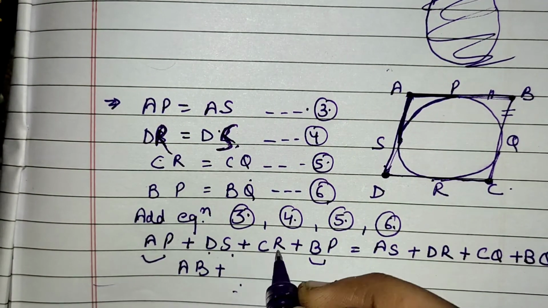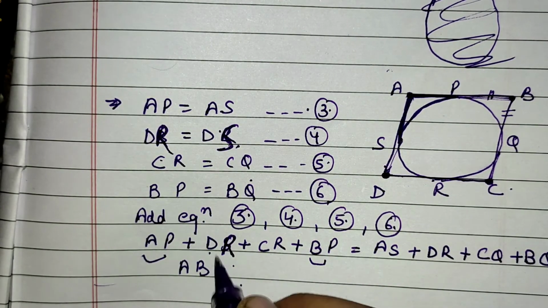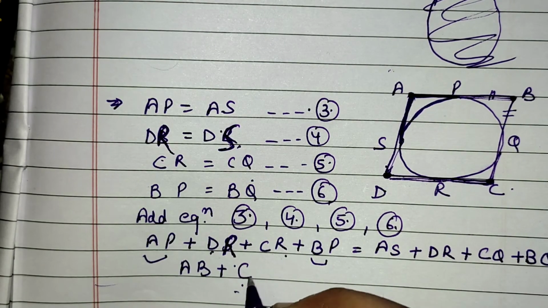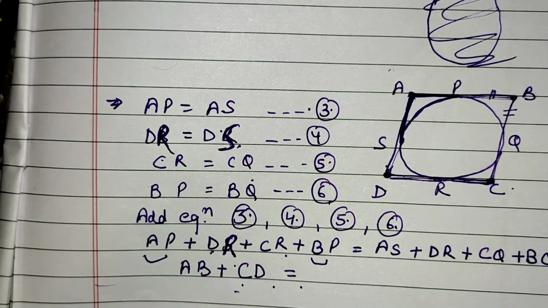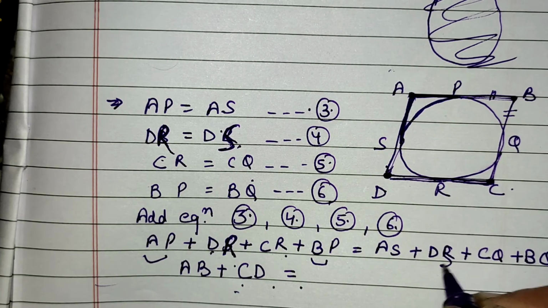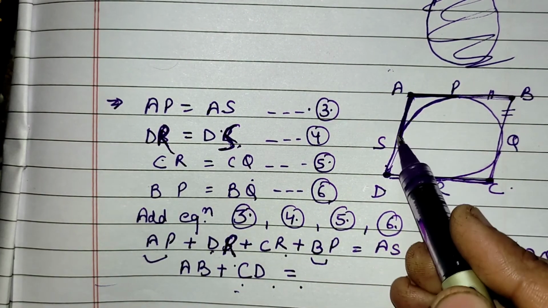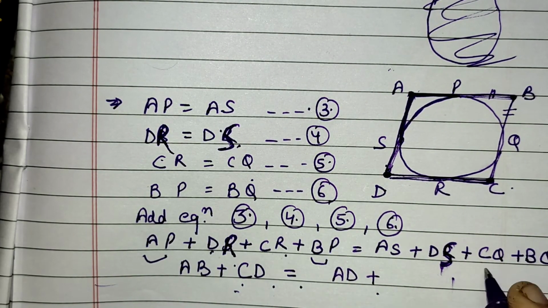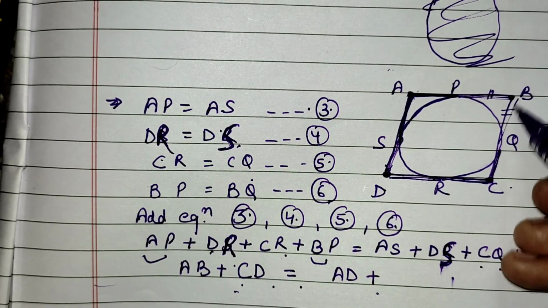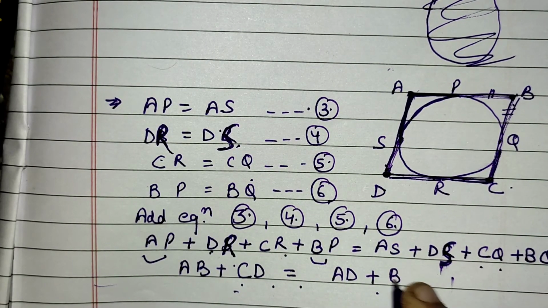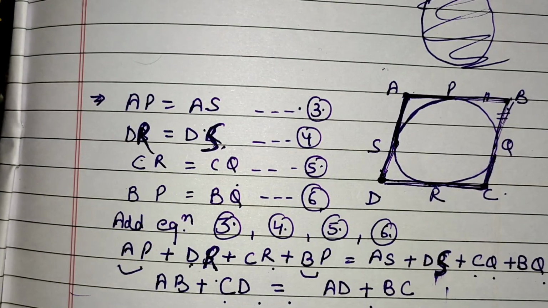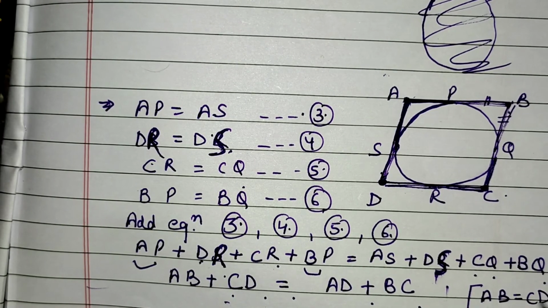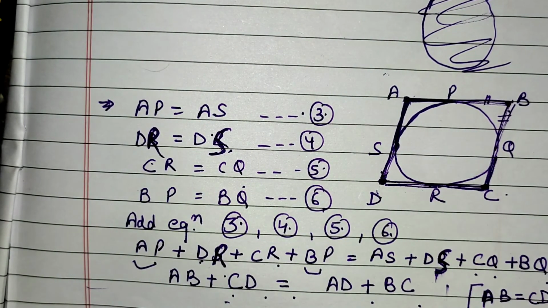Plus DR plus CR, which will be CD. And from here AS plus DS is my AD, plus CQ plus BQ. CQ plus BQ is BC. Okay, and earlier we have proved that AB is equal to CD and AD is equal to BC